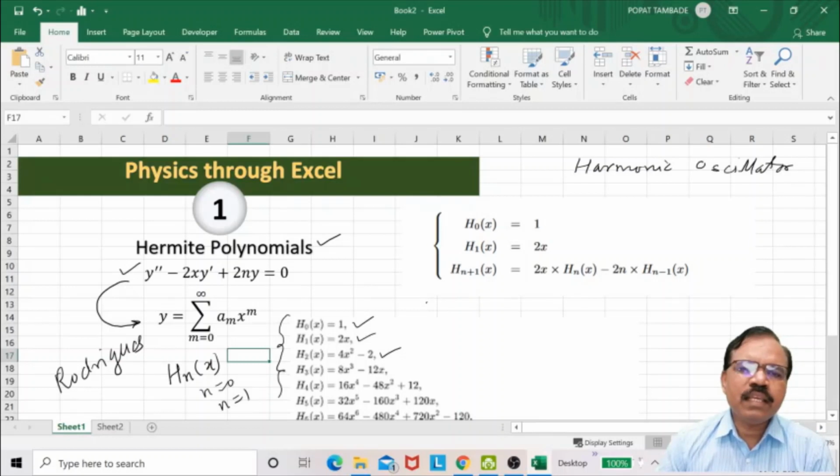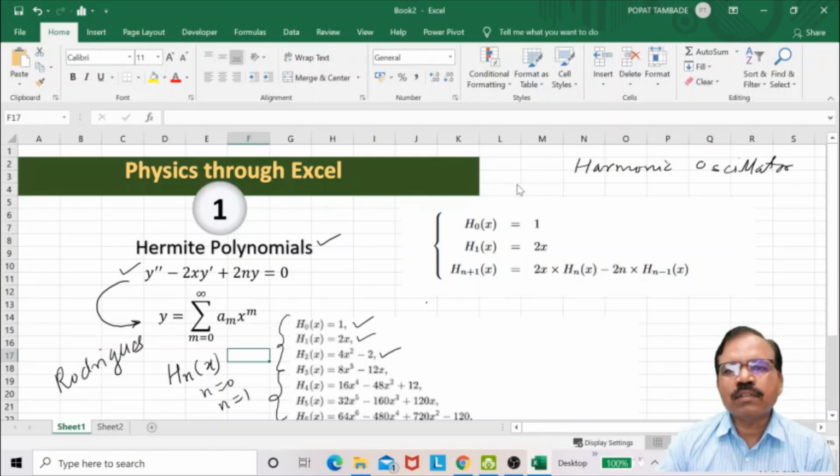But how many can you plot manually? How many orders of Hermite polynomials can you plot manually? So that job becomes tedious.